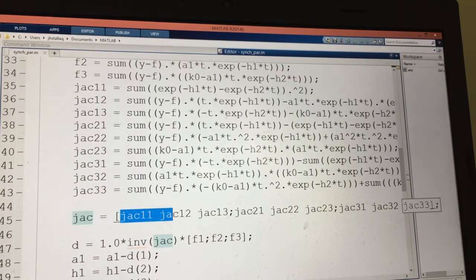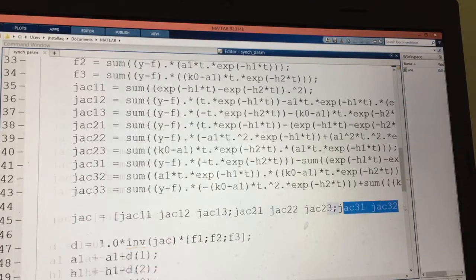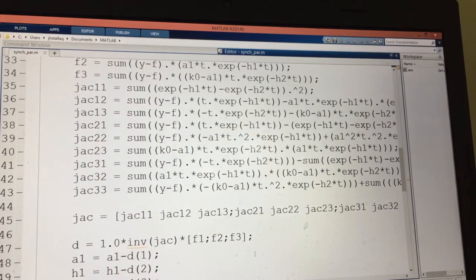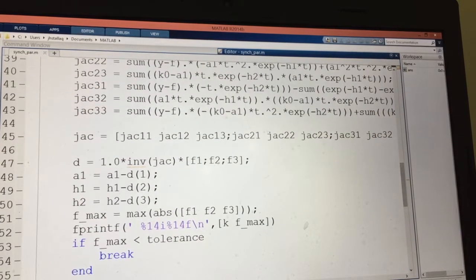That's the first row, and this is the second row, and this is the third row. Now we know Jac. Then we invert Jac times this one, times f. That's f, f1, f2, f3. Then we update a1, h1, h2. Okay, it is the previous a1, previous h1, previous h2, minus the inverse of Jac times f1,